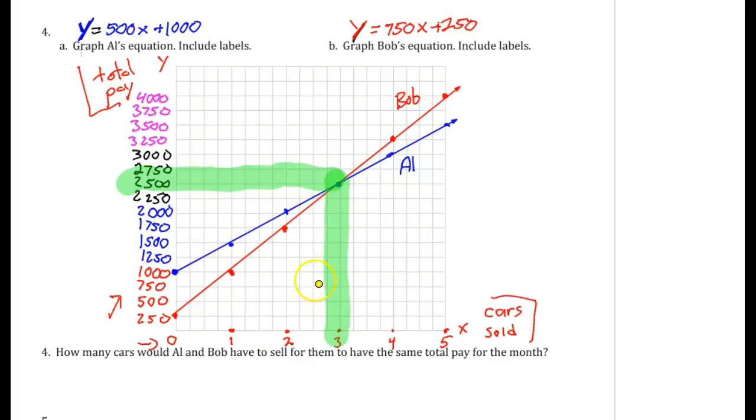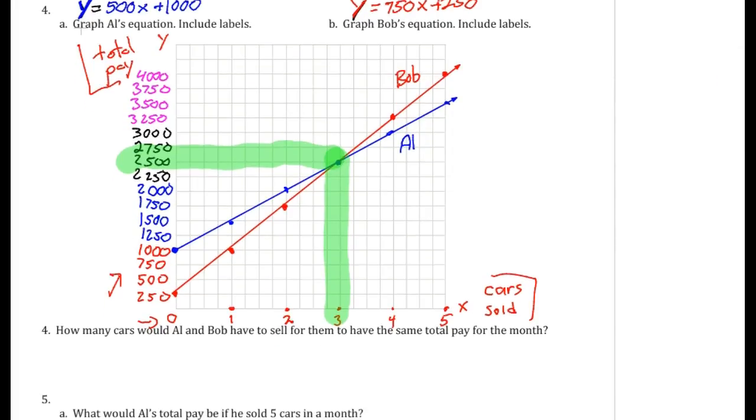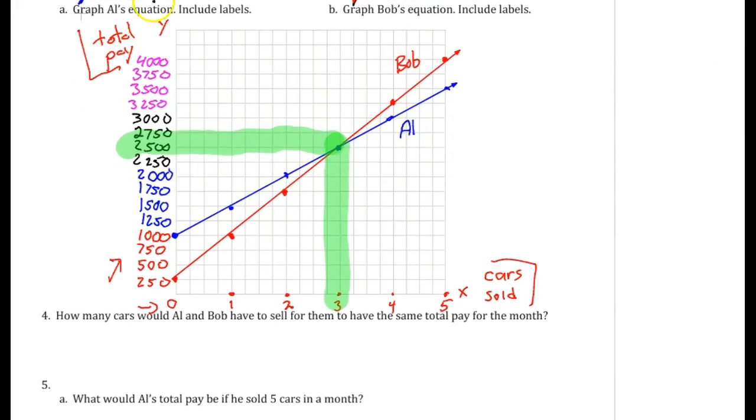After 3 cars, they make the same amount. So if you happen to sell only 3 cars, it wouldn't matter where you worked, you get the same amount of money. So we can say after 3 cars sold,